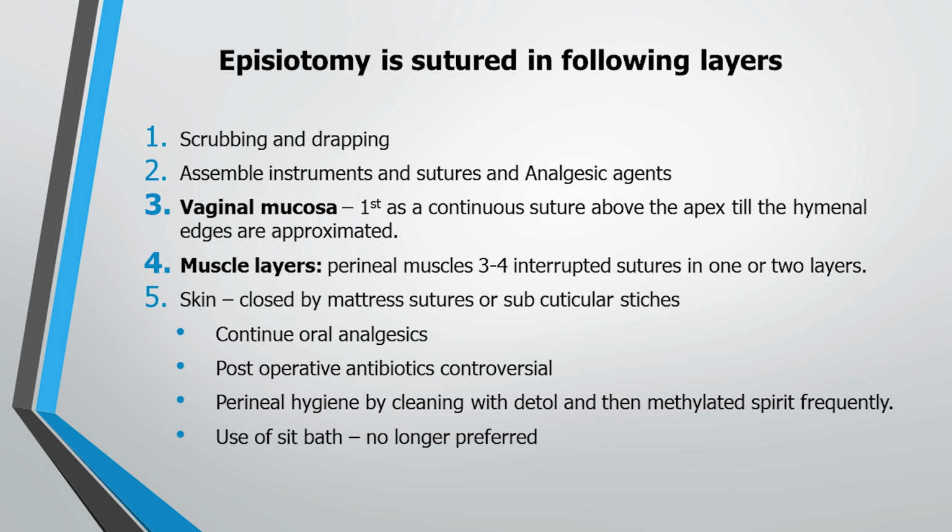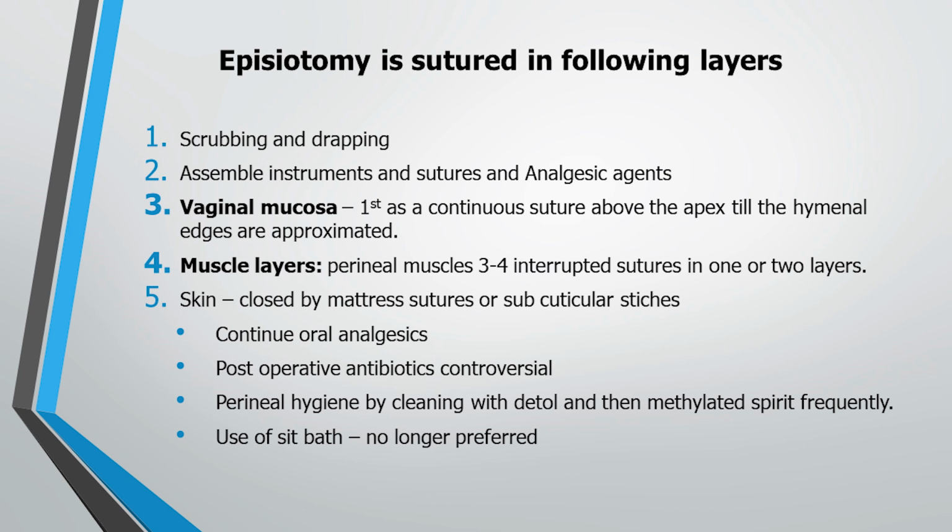The perineum is scrubbed and draped, and then you begin the repair from the vaginal mucosa, starting from the apex of the incision. You may use your Vicryl 2-0 and then repair continuously until you get to the hymenal edges of the vagina. Continuously. Then after the vaginal mucosa has been repaired, you repair the muscle layers,